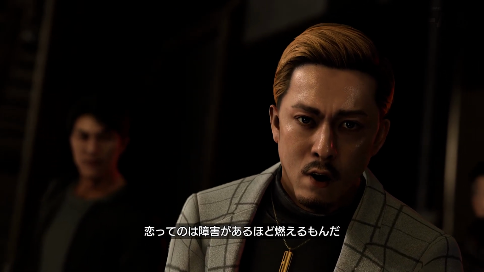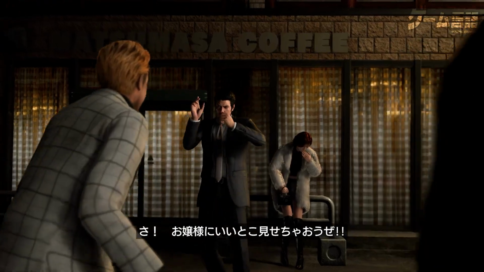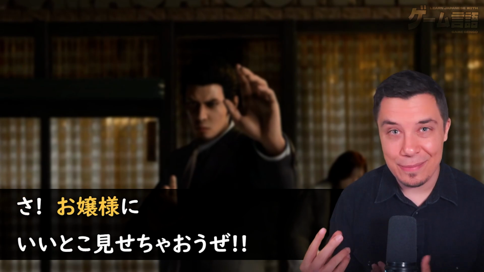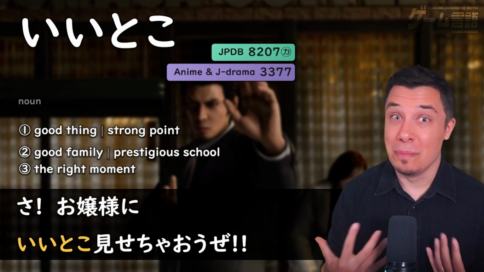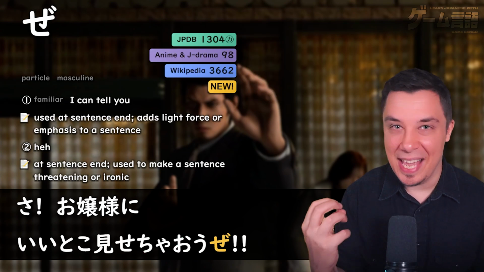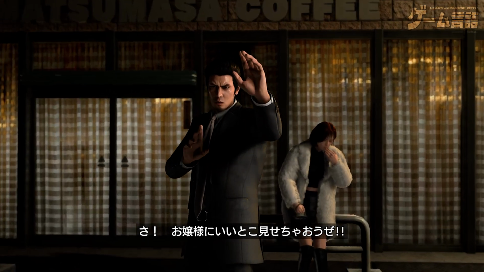恋ってのは障害があるほど燃えるもんださあお嬢様にいいとこ見せちゃおうぜ Okay, and the fight's about to begin and he says, Sa, so come on now. Ojo-sama ni, so to the young lady. I toko, a good thing, or even our strong points. Misechao ze. So miseru is to show, here in the teshimao form, so to completely do something, and then ze being kind of quite forceful. So let's show the young lady something good. さあお嬢様にいいとこ見せちゃおうぜ